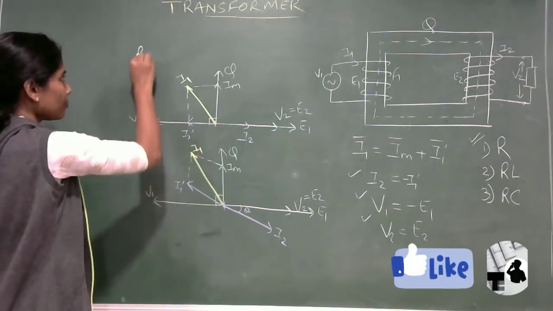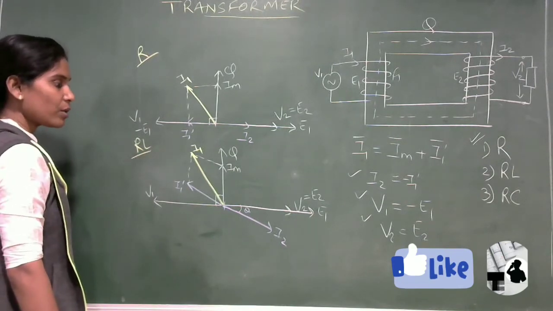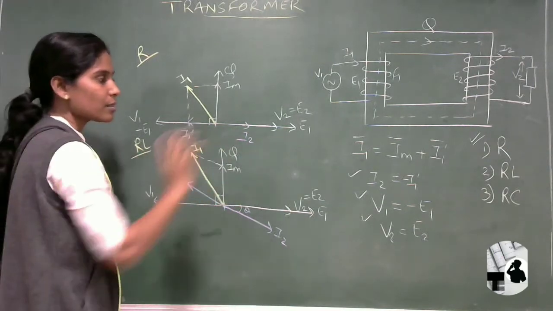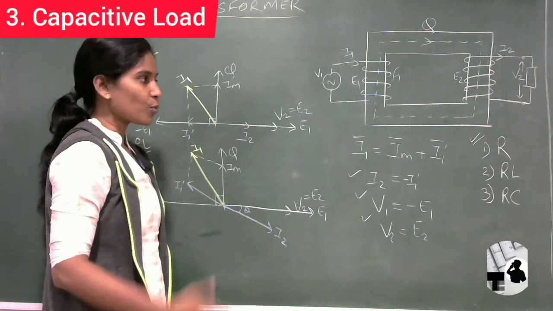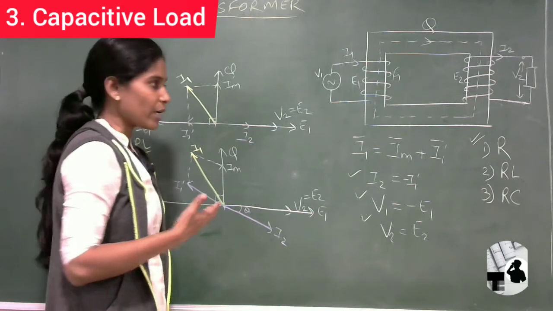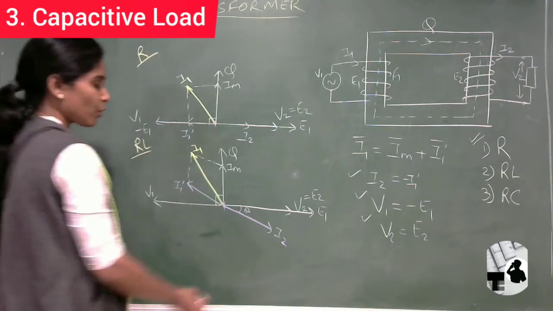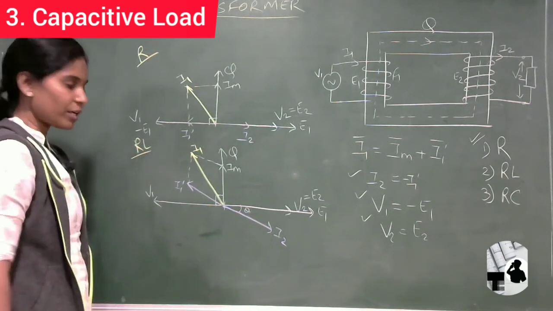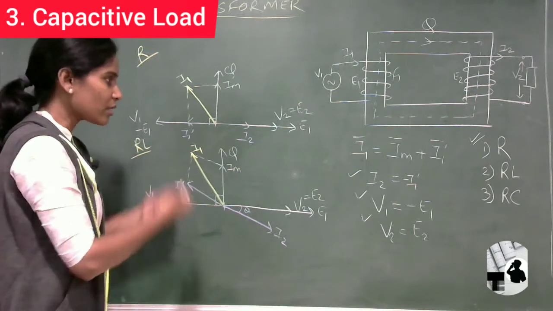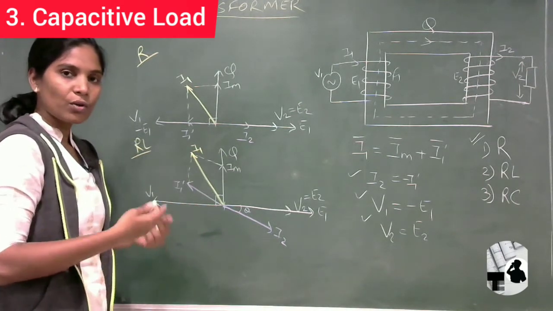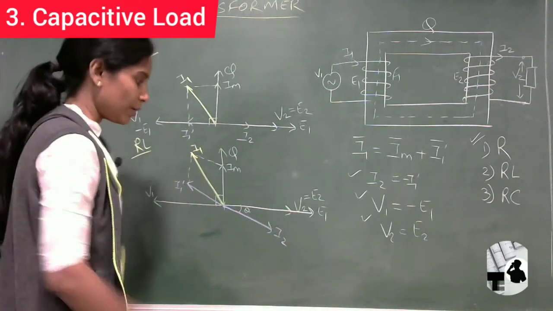Let me write it. Now in a similar way, we can go for the RC circuit, when the connected load at the secondary is of capacitive nature. I hope you are getting the understanding and you may draw it on your own. For the third case, I am going to draw the phasor diagram and after that we will have the complete discussion. My suggestion is to draw it yourself using all these concepts so that you can match with me and have the confidence that you have understood. So let's draw it together.